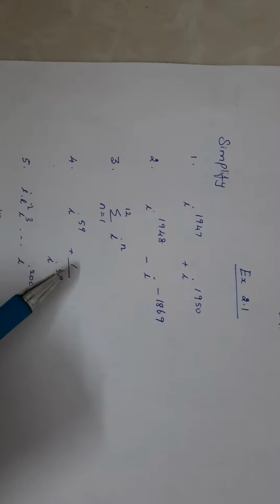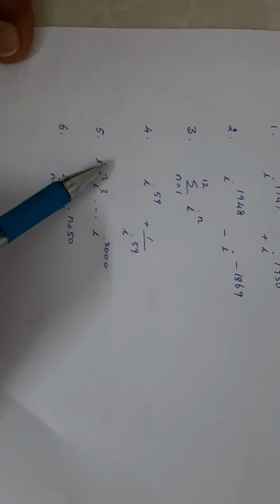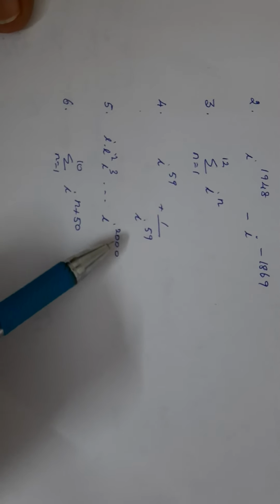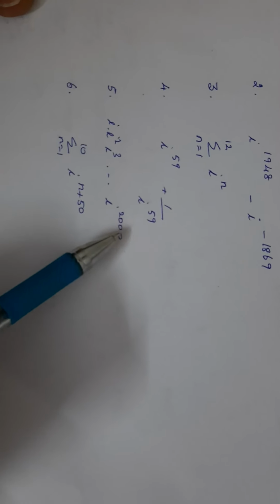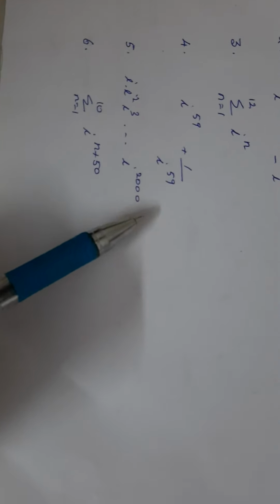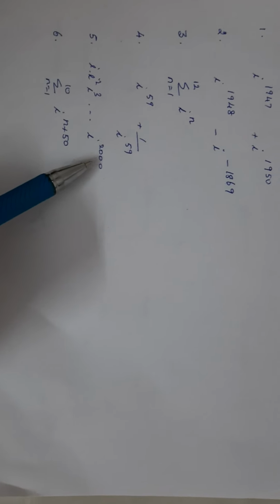In this way, try to work out the remaining problems 1, 3, 4 and 5. While doing the fifth problem, adding the powers, it will be 1 plus 2 plus etc. to 2000. Apply the formula 2000 into 2001 by 2, and dividing, it will be 1000 into 2001. No need to multiply everything. It will be divisible by 4, as if the number ends with 2 zeros, it will be divisible by 4. So by the rule you can easily find the answer.